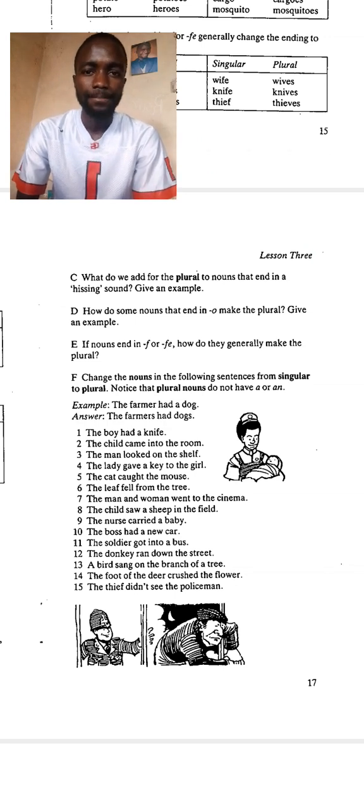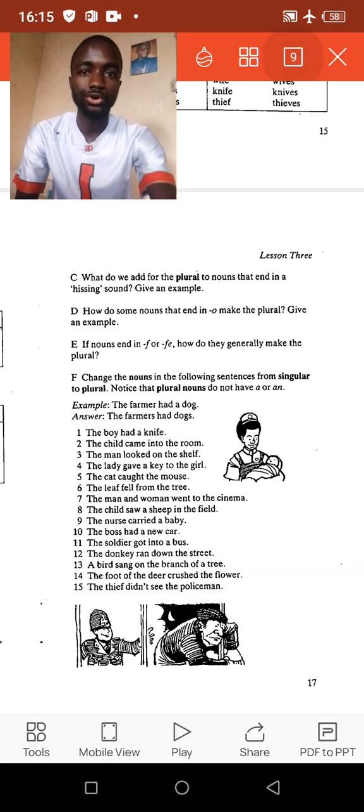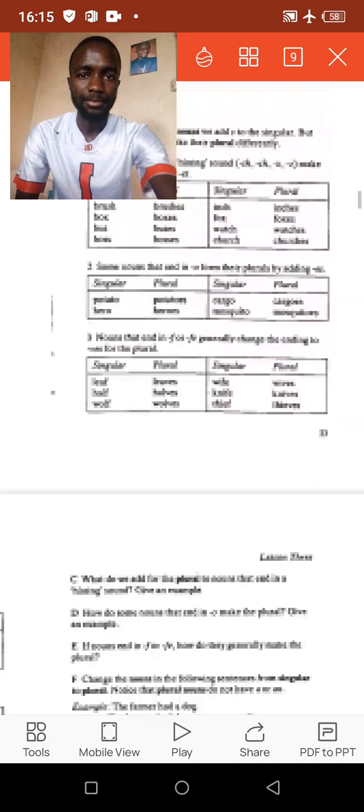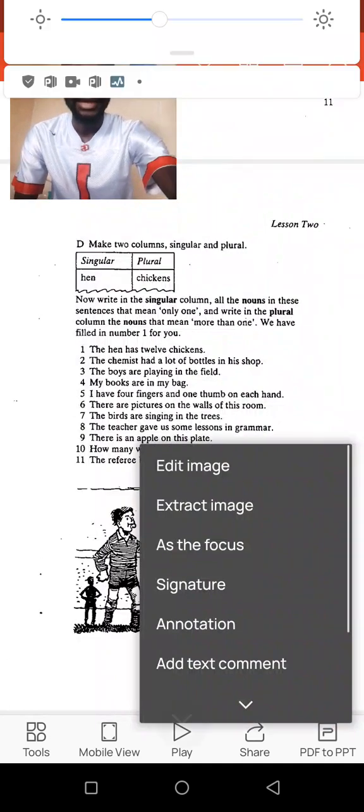Now let me give you a tip from example 1 to 2 to 3 to 4 and then to 5. And I will stop there to give you a chance to also do some things on your own. Let me pause this video for a while and make sure that